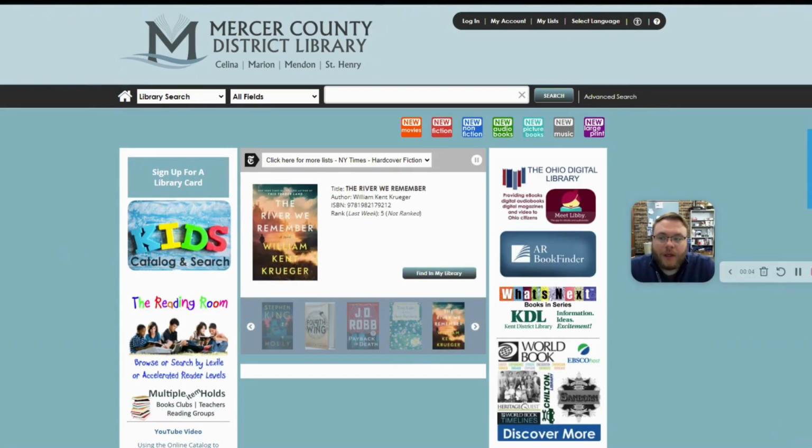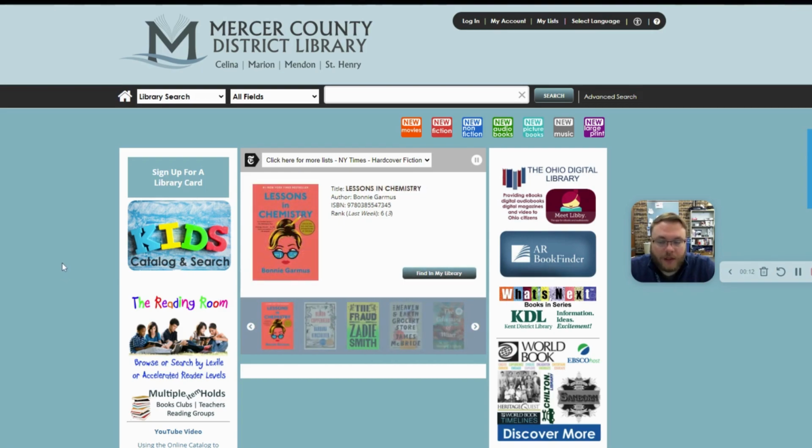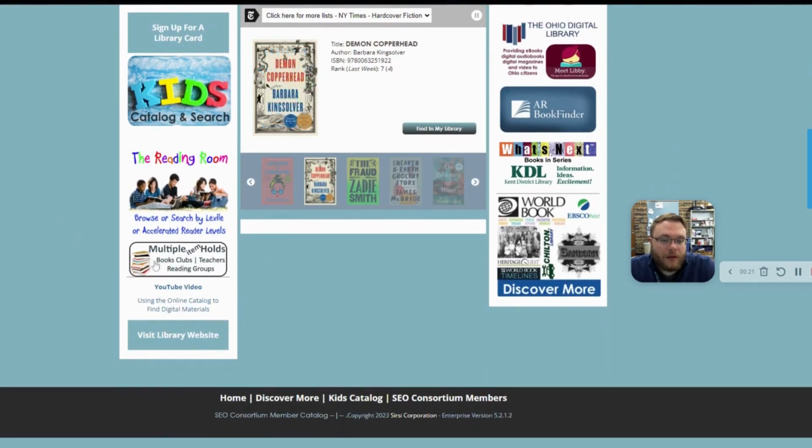Because so many copies of one item can be available, this can be a great tool for educators. If an educator is needing to request, let's say, 25 books at the same time, they can do so using the multiple item holds portion of the catalog. On the homepage of the catalog, we're going to scroll down and look for multiple item holds. This is great for book clubs, teachers, and reading groups. When we click on that,